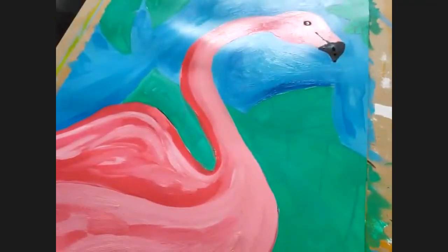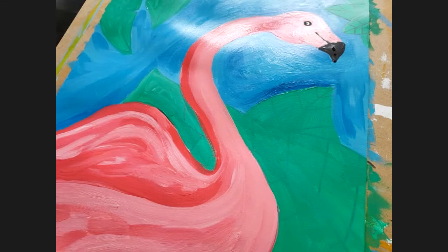Sorry, there's a huge glare on my painting. I'll just show you some fun options too. And this is just an option. I like giving you guys options. You do not have to take it. Just an option though. If you want to really add to your picture, what you can do is use your